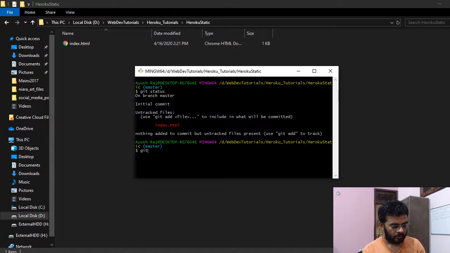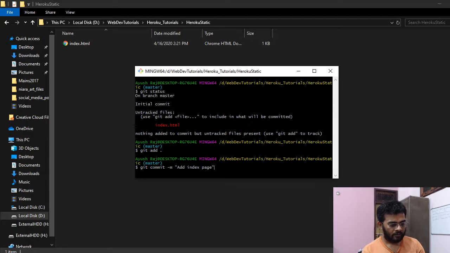So now type git add dot. Git add dot means that you are adding all the files in the folder, all the new files. And now you have to type git commit -m "add index page". This statement git commit means that you want to commit the added files and you are going to push them to the server. -m means message, and the